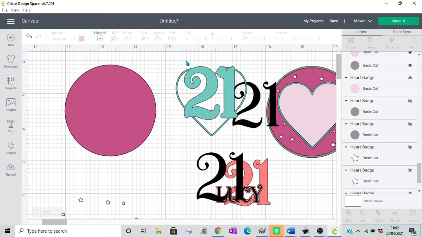And I'm just going to use my arrow key to move it up a little bit. And this will hopefully work this way, weld it. There we go. It's working this way around. And if I just come back to my layer panel and unhide my